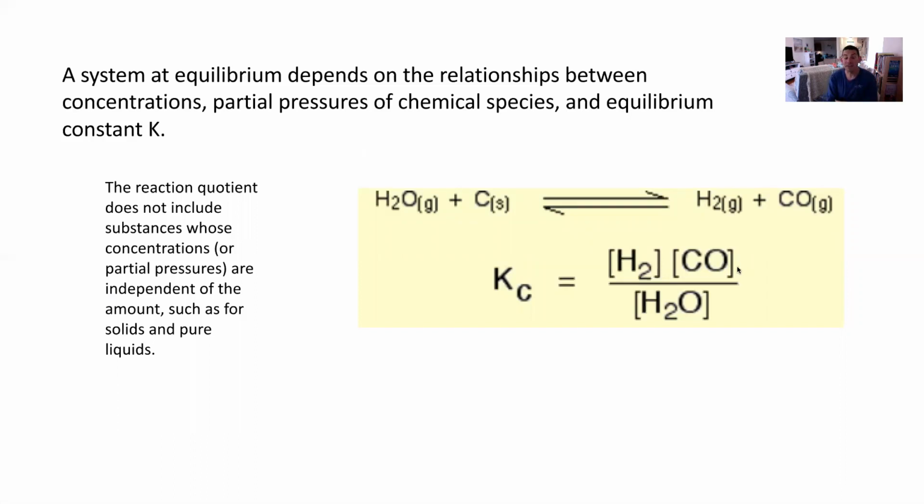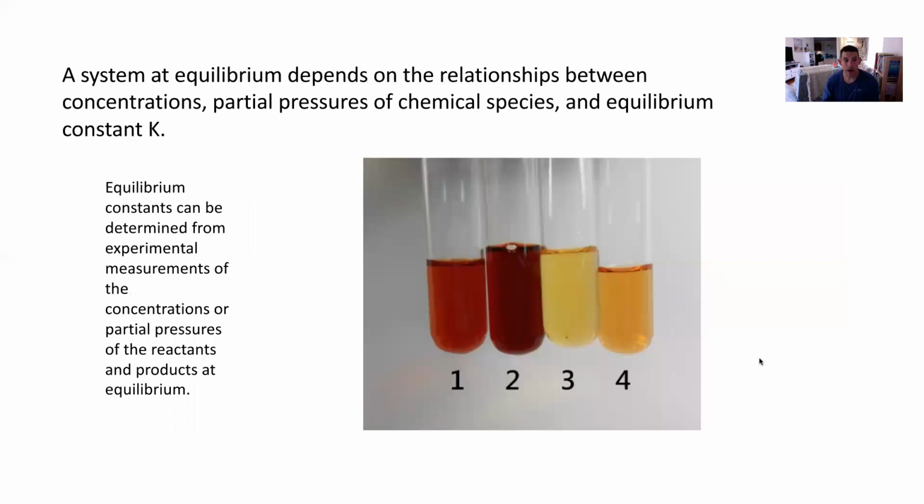All right, it is fine to omit solids and liquids from the equilibrium constant. You might not have any reactants in the rate constant, or you might not have any products. If you're ever in that position, just put a 1 there as a placeholder. All right, now, equilibrium constants can be determined from experimental measurements of the concentrations or partial pressures of the reactants